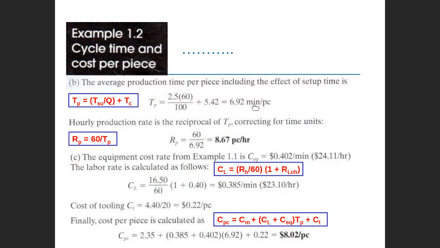This is minute per piece. If you say that RB equals 60 divided by TB, you get the hourly production rate, which is 8.67 pieces per hour. How many pieces per hour? Right, this is the average production rate. And finally,